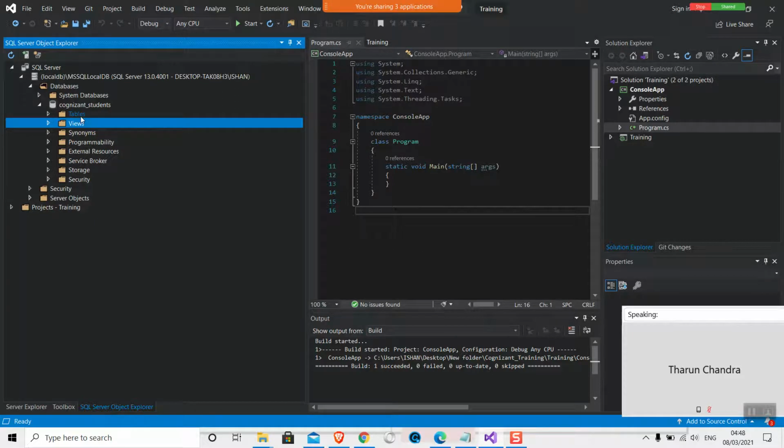So first I'll show you how to create a table by writing code. Otherwise it's better to use the UI.